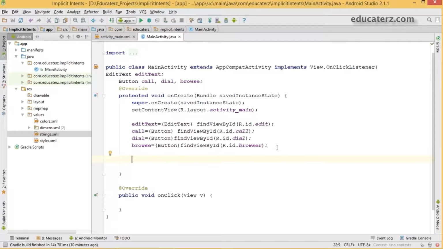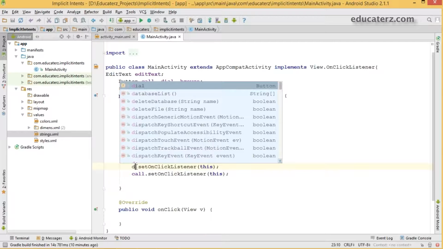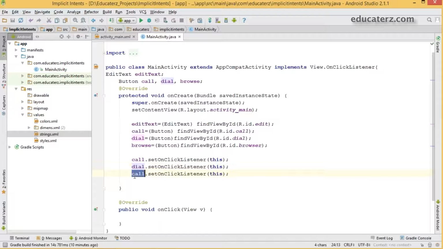If you don't set this, then when you click it, the click won't be recognized. So just call dot set on click listener and simply pass this, and do it for two more buttons. One is dial and the one is browse.